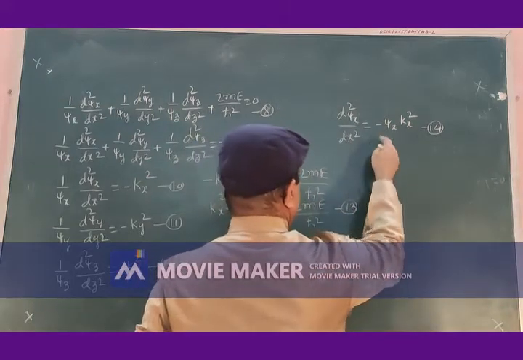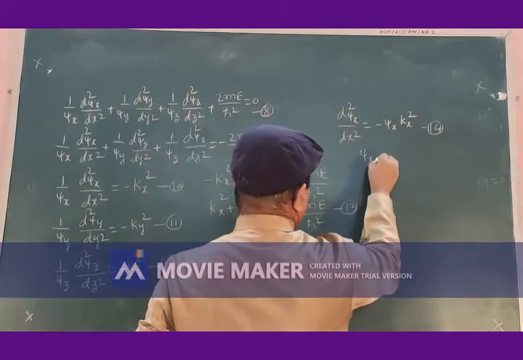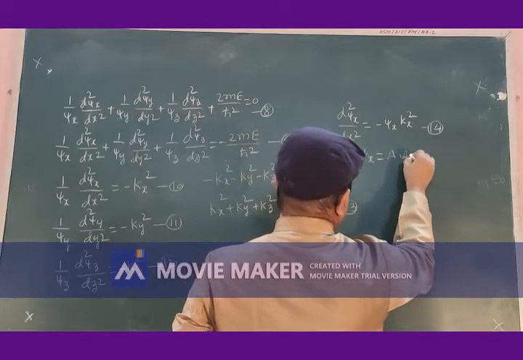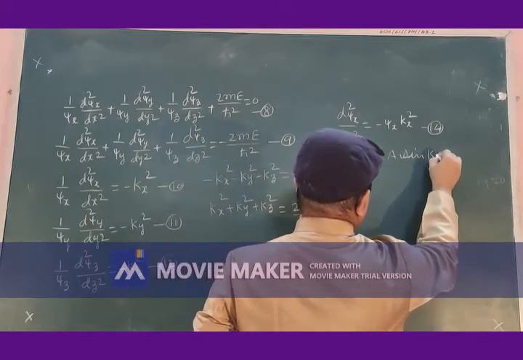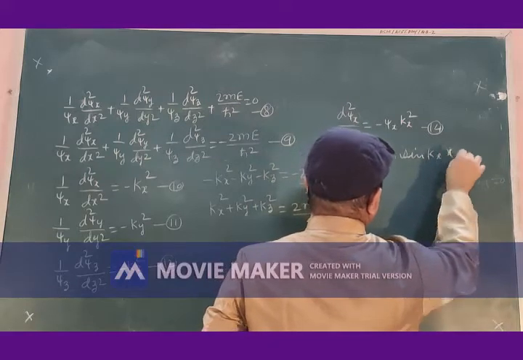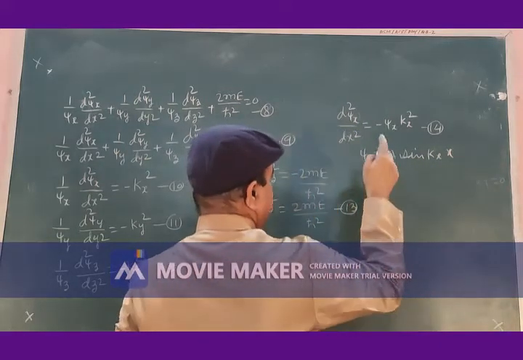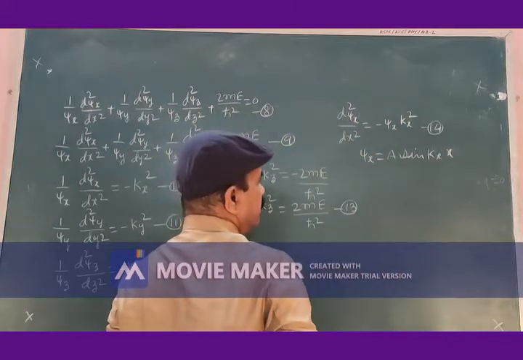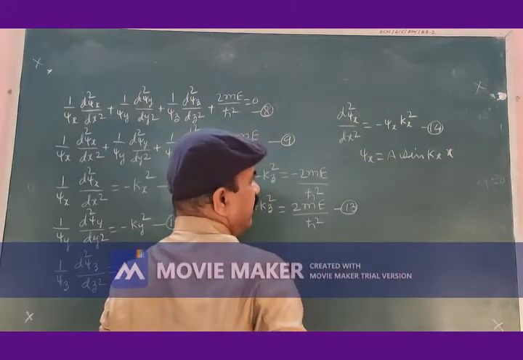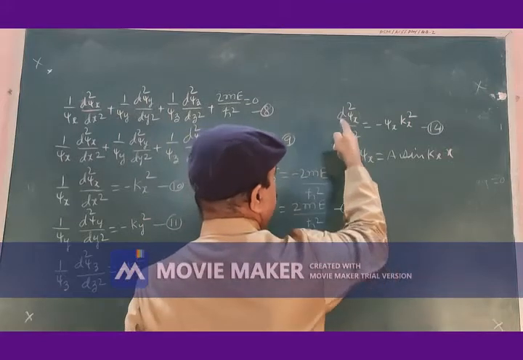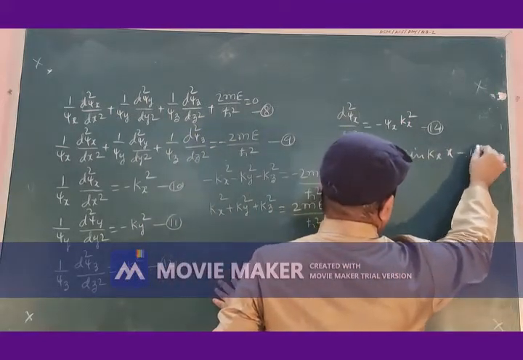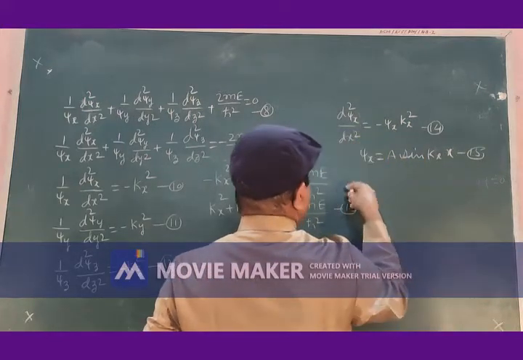And let us suppose that for this psi x I have taken the solution as a sin kx x, equation 15. Let us substitute this into the equation so that I may verify whether this can be a solution. Differentiate equation 15 with respect to x to get